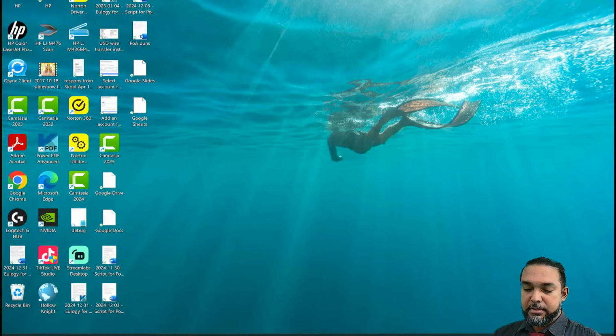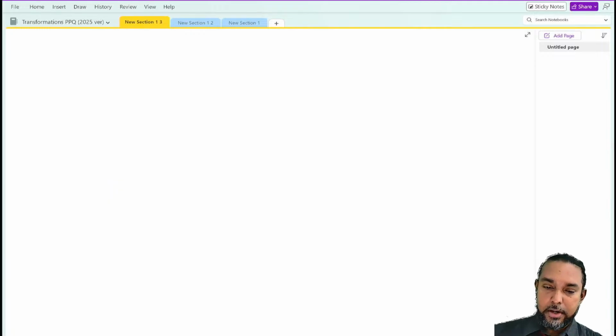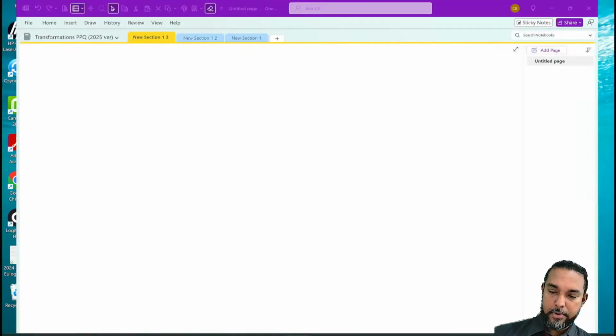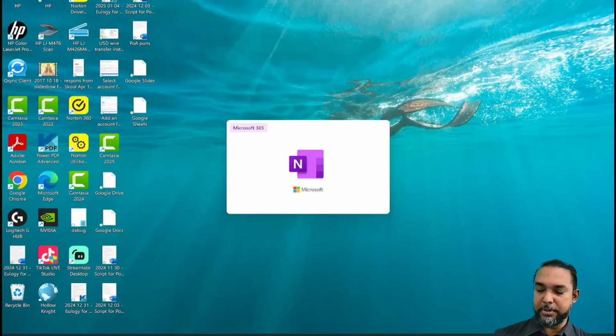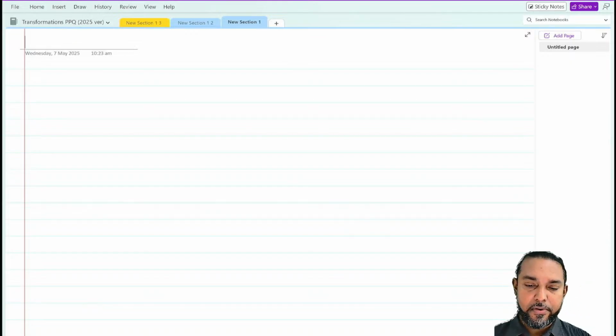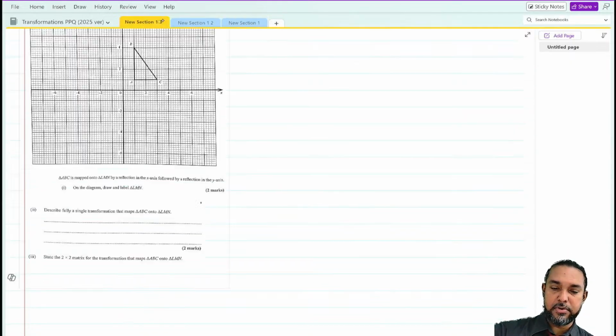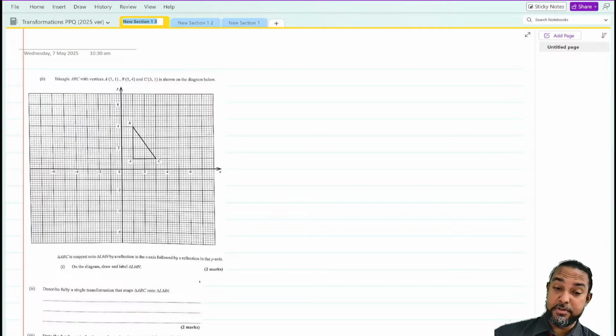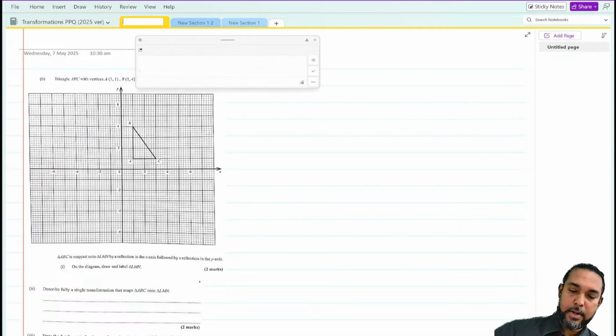All right, so guys, today we are working on transformations, right? Okay. Something is going on with my OneNote clearly, because this was happening yesterday too, where the notebooks were self-deleting. I have no idea why. All right, so let's close that off and reopen it again. Sometimes that happens. Is it here? Okay, cool. Right, so let's just rename this to May 19.